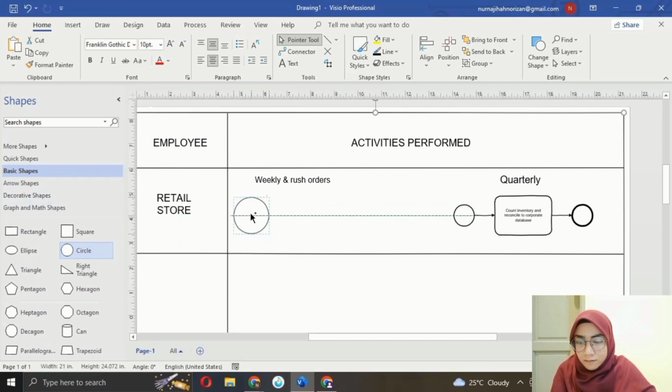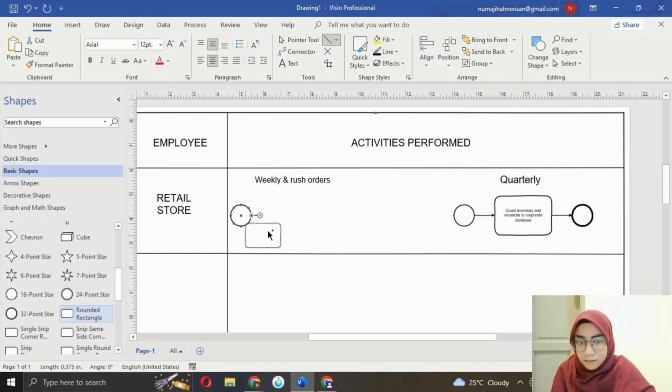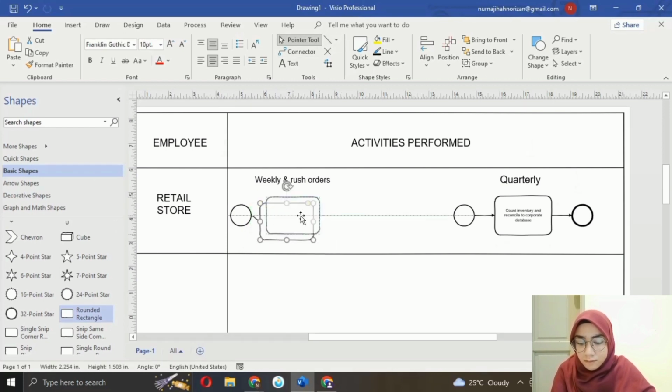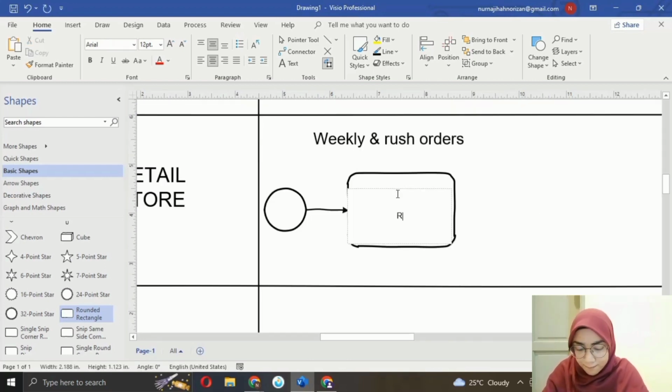Next, for weekly and rush order under retail store, we start from a small circle to show the starting or the beginning of the process, followed by an arrow to indicate the flow of the data or information, and a rectangle, which holds the explanation of the activity inside the box. So here the explanation is review inventory, place order,